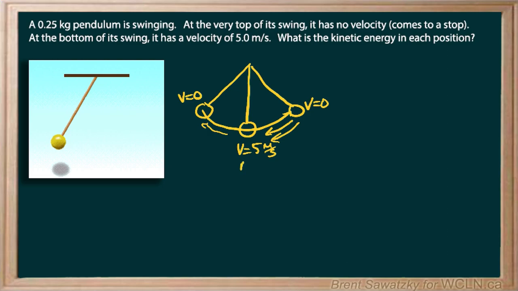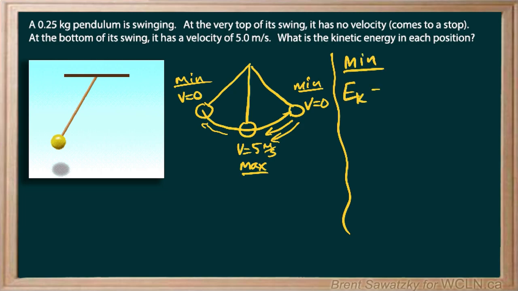So this would be our maximum kinetic energy, and this would be our minimum. We could also say this is our minimum as well, because it goes back to 0 on either end. So let's see what we can determine here. For the minimum kinetic energy,